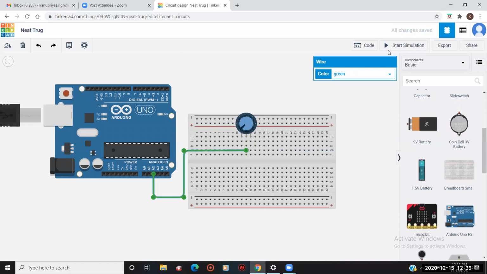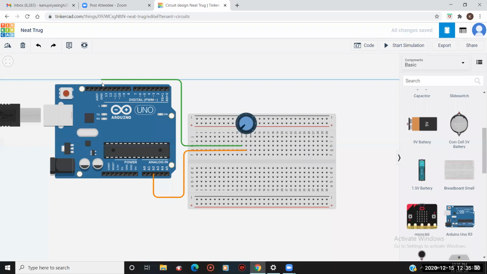So let me change the color. I'll give the orange color to it, and after that one pin will go to the ground. So I'm connecting this to the ground pin.